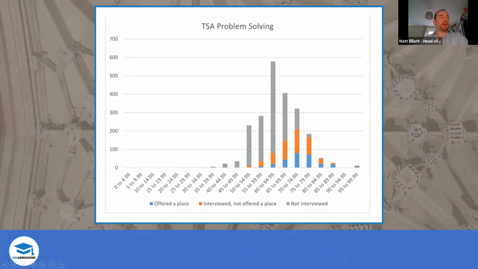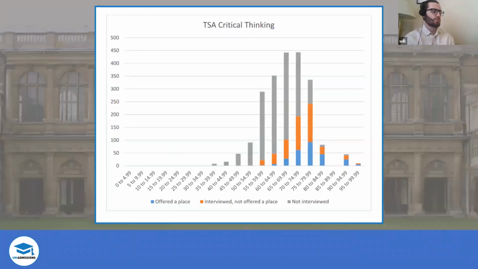There are only, I think, is it 50 questions on the TSA? Yep. So this is a case of getting 3 or 4 extra questions right, which is not an enormous amount in the grand scheme of things, and is probably only the work of another couple of days' revision to really tighten up your work on a specific subject area. A number of students that I speak to will do a bit of practice and they'll see themselves getting 40 out of 50 and they'll feel pretty happy with that.